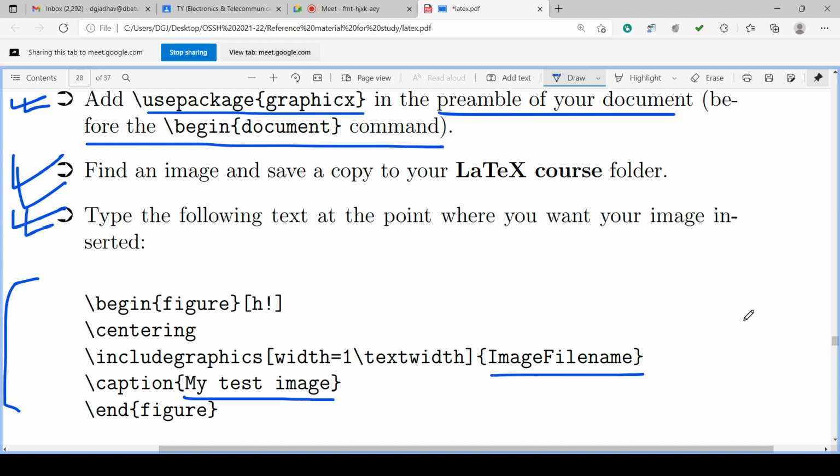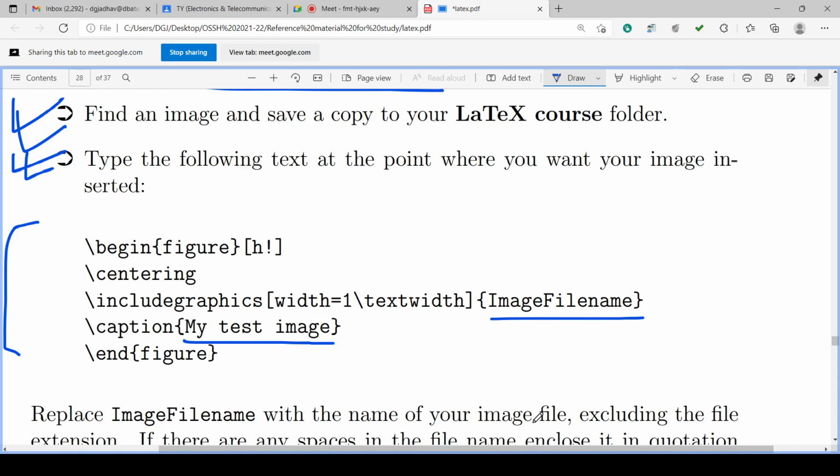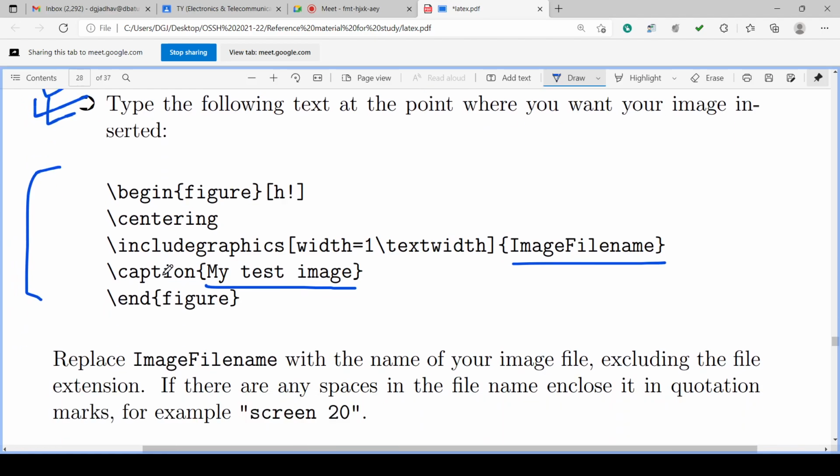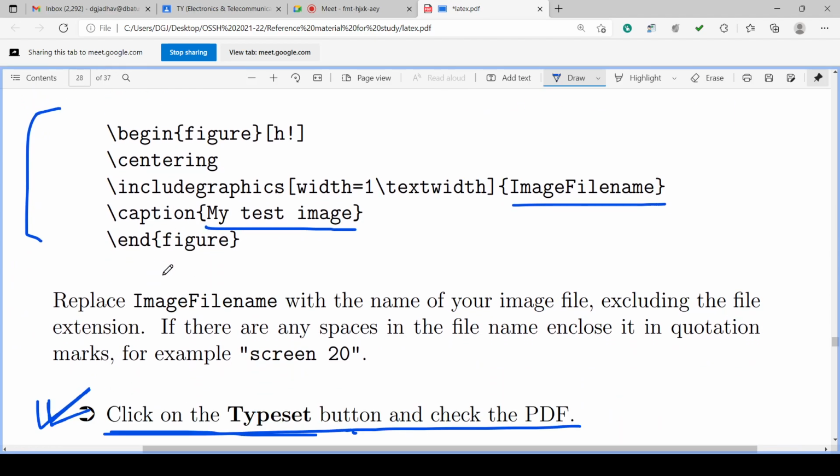Then type the following commands if you want to use the image in the document at that location. Commands may be backslash begin figure, and the placement specifier and exclamation mark in the square bracket, then backslash centering, aligning the figure in the document center aligned.